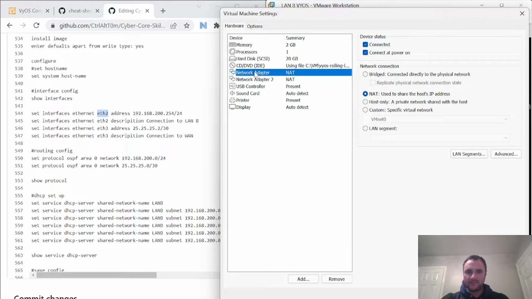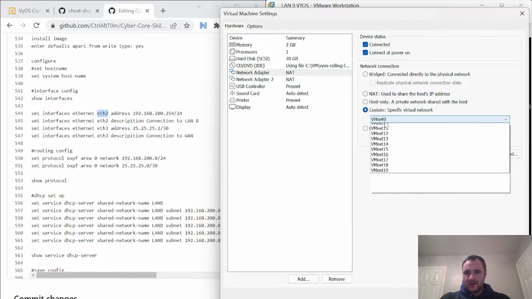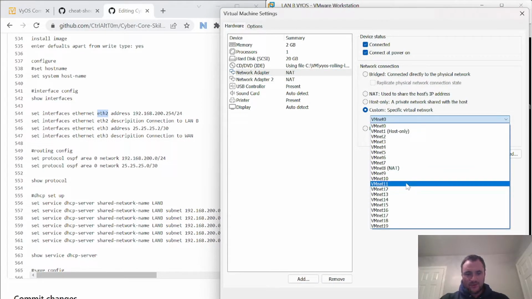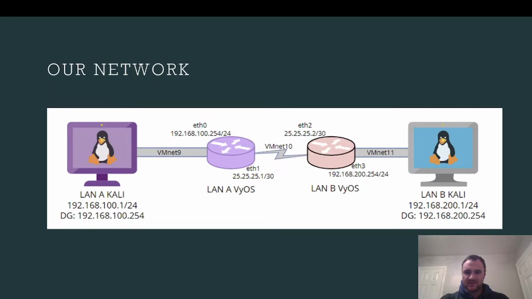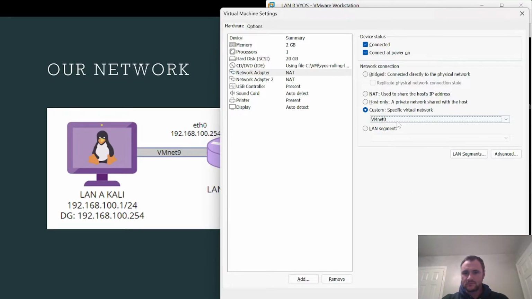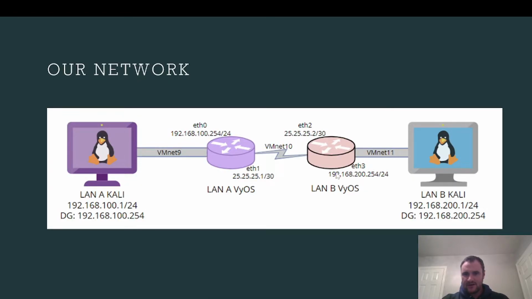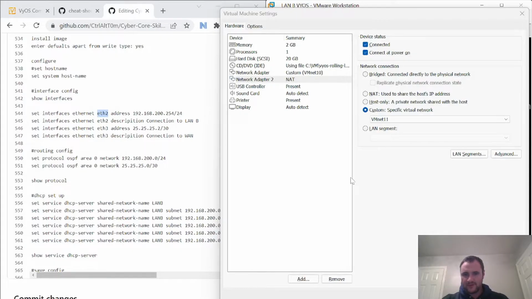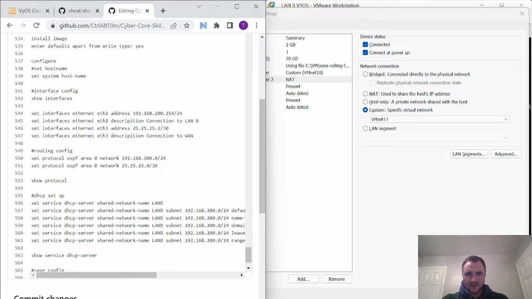So what I've not noticed is, I said I was going to do it. I didn't change the interface. I didn't change what logical switches they're attached to. So if I just click custom and then select what LAN I want them to, so I want Ethernet 2 is 25.25.25.2, so that's WAN, so it's going on VMnet 10. Cool. And that one, custom VMnet 11. Let's double check. VMnet 11, 192.168.200.254. So actually, and that's connection to LAN, so I better